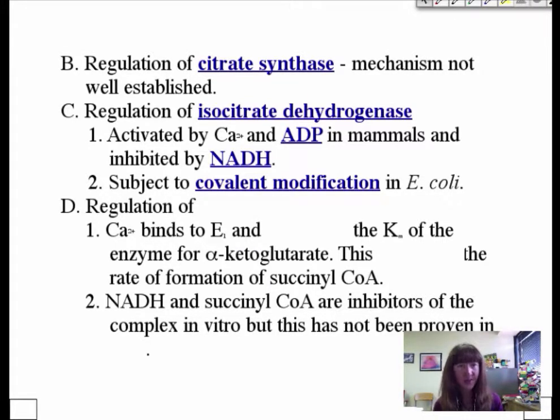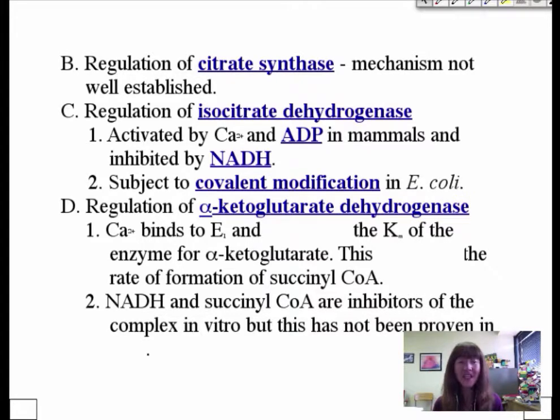So let's move to our second multi-enzyme complex, alpha-ketoglutarate dehydrogenase. And it turns out that it too is regulated by calcium. Calcium binds to the E1 enzyme. And this is kind of a fun one to think through. When calcium binds to E1, it actually literally changes the Km. So if we know that calcium activates in all of these cases, right, it stimulates and says need for energy,